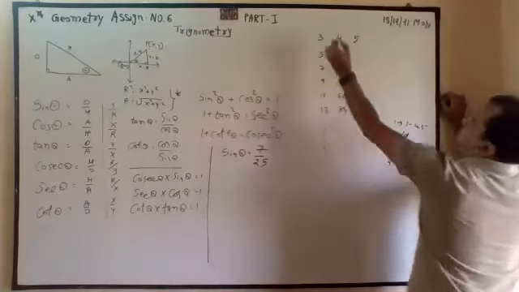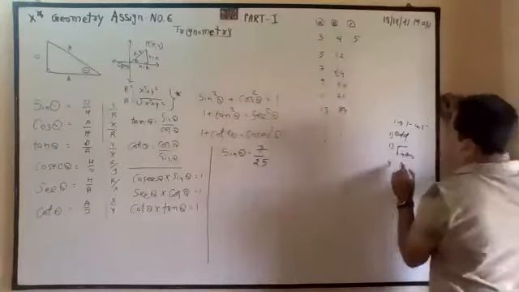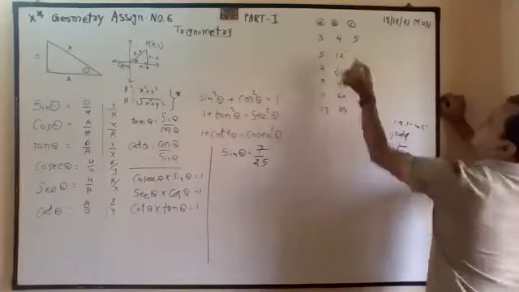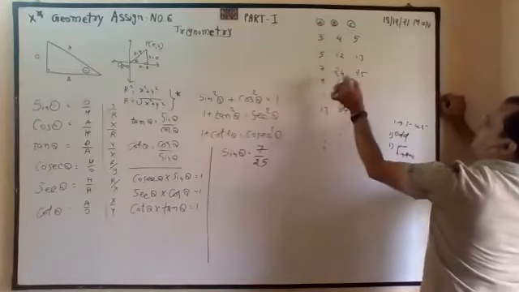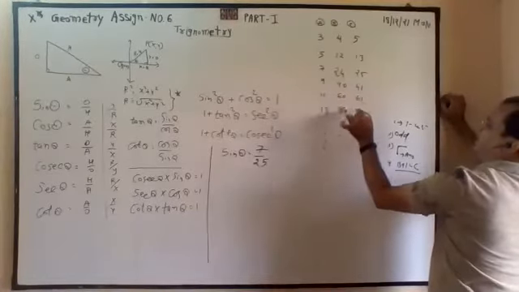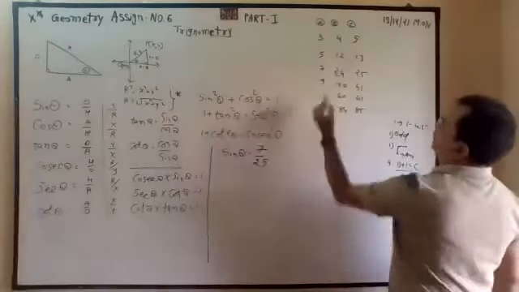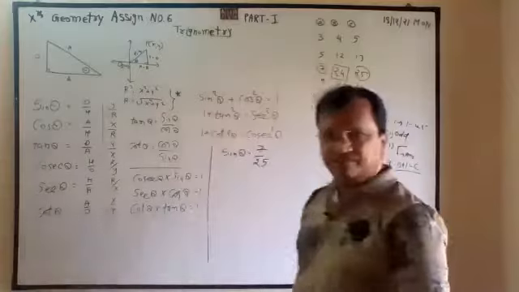Fourth, this is A number, B number, C number. B plus 1 is equal to C. 4, 5, 12, 13, 24, 25, 40, 41, 60, 61, 84, 85. These are the triplets. So 7 and 25 is given, so your answer must be 24.